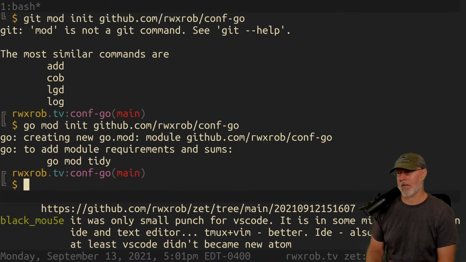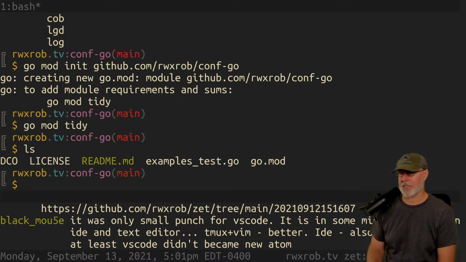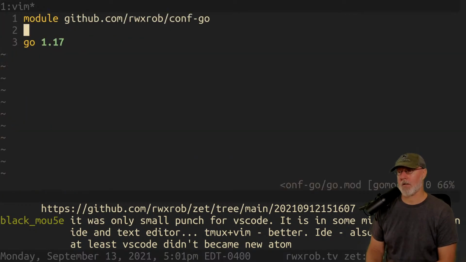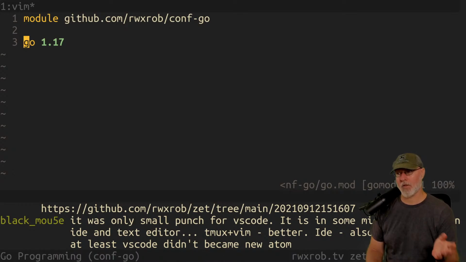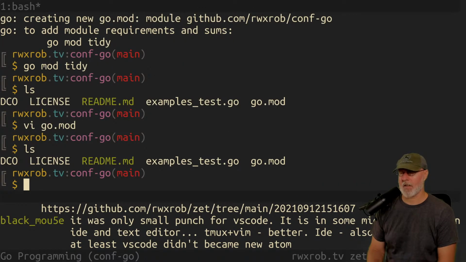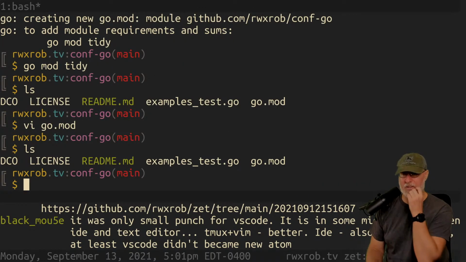And then to have it get all of the stuff, go mod tidy. I don't usually do it, but whatever. So then you can look at your go.mod, and it just puts the version of Go that you have, and it puts a module in here. We're going to use this file for lots of other things later, but for right now, that's all it is. There's no dependencies or anything. They would be listed in another file called go.sum. And I don't want to get into this. Go modules are the most annoying thing for beginners to learn. So you just want it to work. So let's just add that.